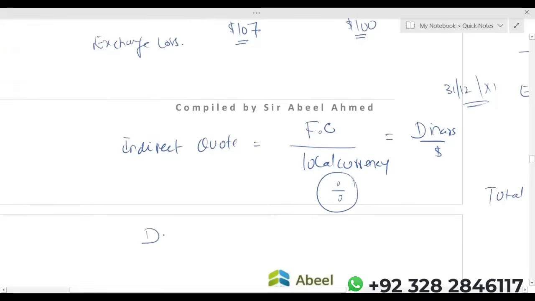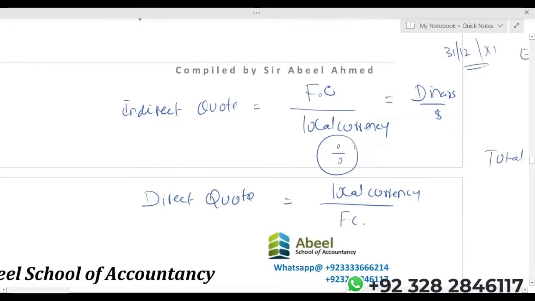If the question given to you has a direct quote, how will you identify it? The local currency exchange rate sign will be in the numerator, and in the denominator you will have the foreign currency. Then the rule of translation becomes multiplication. Now, obviously, it is up to the student. Either deal with translation by using indirect quote where we divide, and direct quote where we multiply, or just